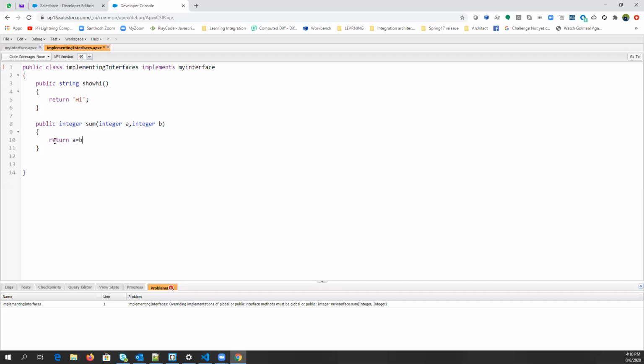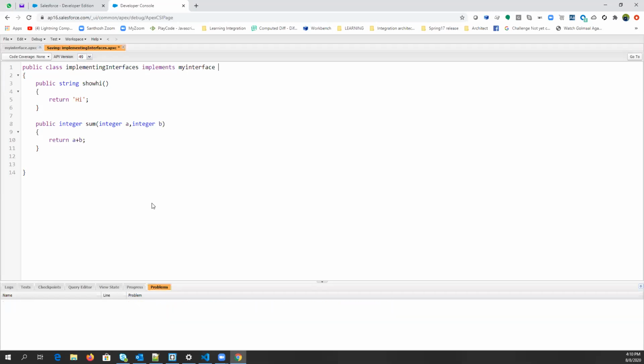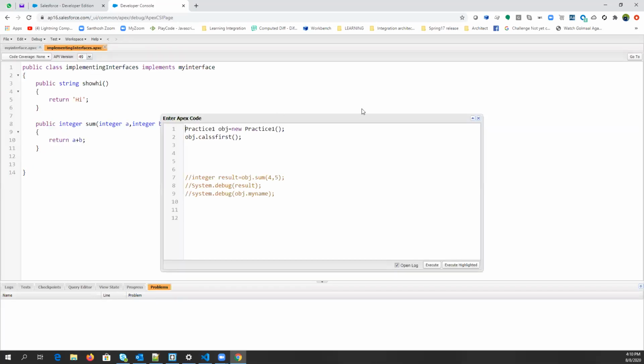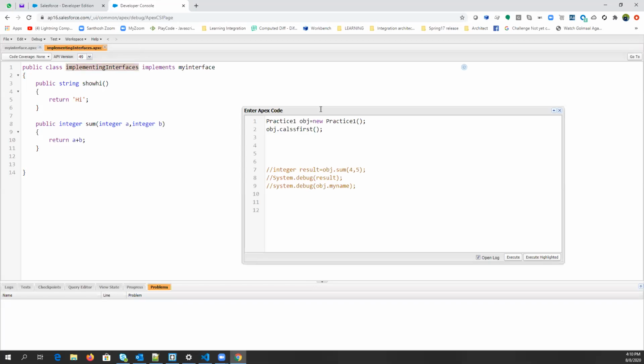So this is how you can implement interfaces, and you can implement many interfaces by just using a comma here, right? I'm clicking on save, and you can simply run this class. You can simply create an object of the class. You know the rest of the process, right? So an interface is nothing but a global declaration. If you want to make a global declaration of your architecture for easy maintainability, then you can use interfaces, right?